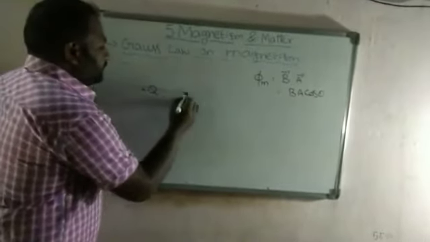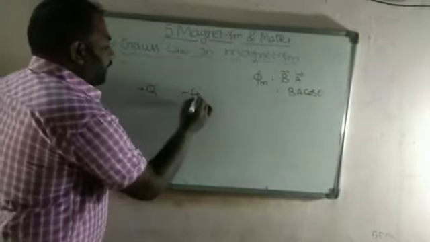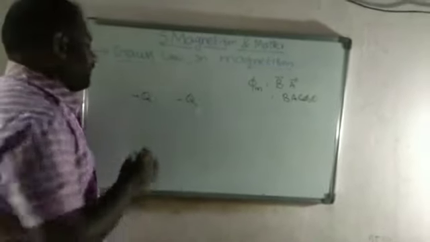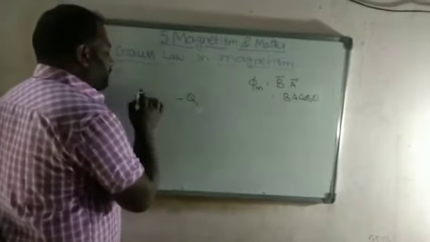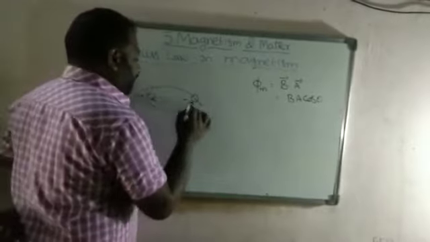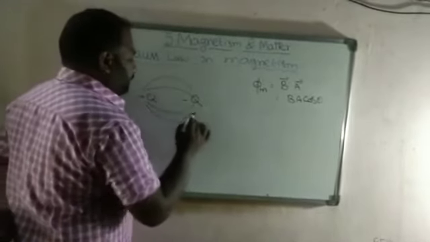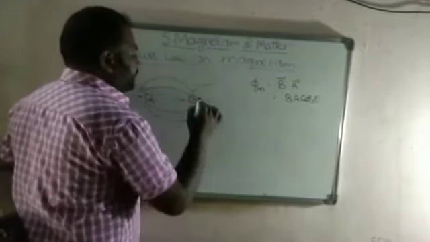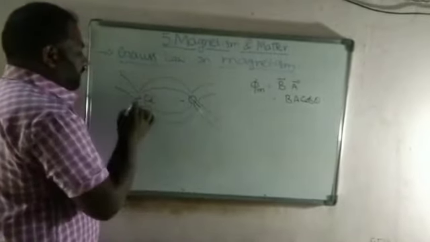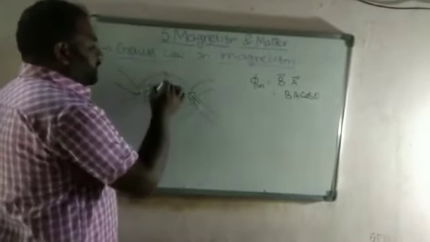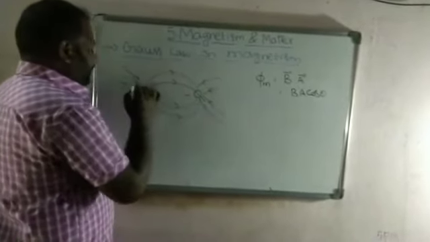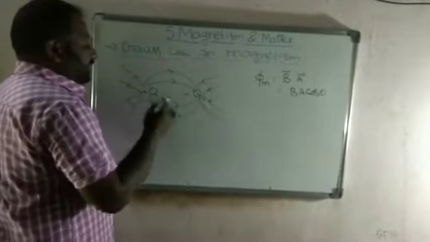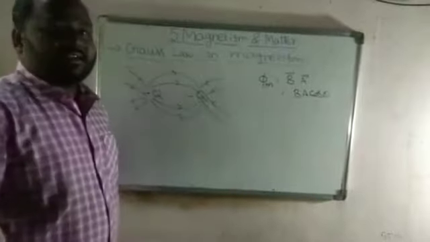a positive charge and a negative charge. For example, see in an electric field how the field lines go from positive charge to negative charge. Field lines exist like this. All of you know that. These are the electric field lines. Field lines always go from positive charge to negative charge. Field lines always diverge from the positive charge and converge into the negative charge, originating from the positive charge and entering into the negative charge.